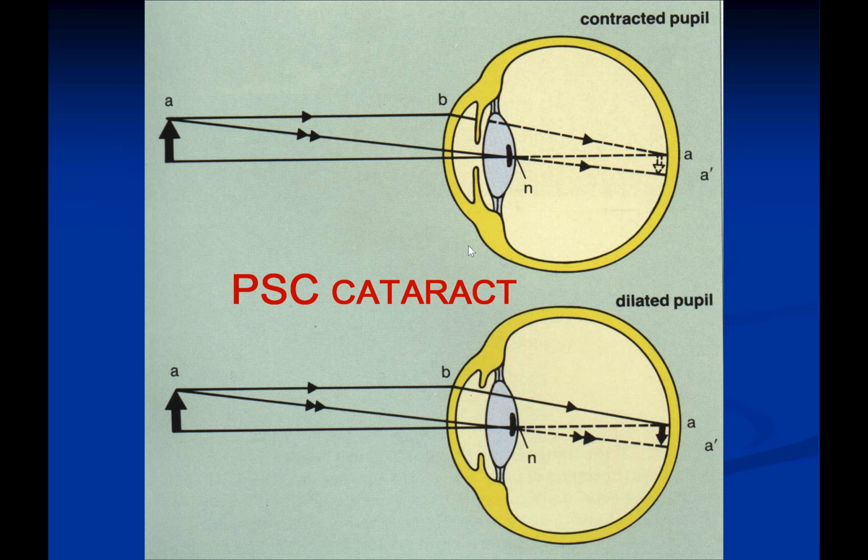Know why the patient gets more compromised vision during daylight and during early stage. What happens? You see in this optical diagram, the pupil is constricted, patient is in bright light, so the cataract is present just in the posterior portion of the lens, just anterior to the posterior capsule, and you must be knowing the nodal point where all the rays of light cross to reach the retina to make an image. That point is just located on the back of the posterior capsule of the lens.